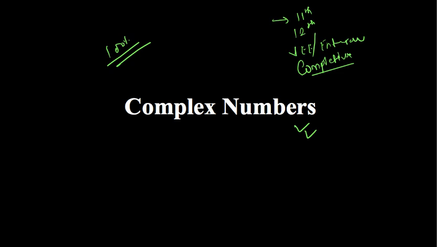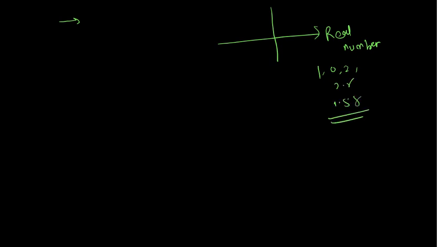Okay, and our today's class will cover the total complex numbers related problem. Whatever problems it can generate, you will be able to solve all of them after completing this class. Okay, so here we will go. See, till now we have seen all the numbers that lie on our number line, and we call them real numbers. Real numbers means 1, 0, 2, 2.5, 1.555, and so on. Any number that can lie on the real axis is a real number.